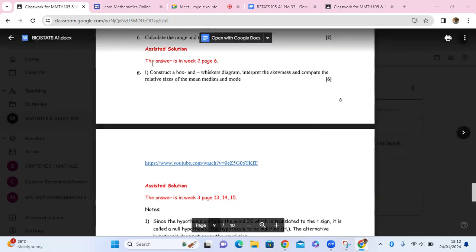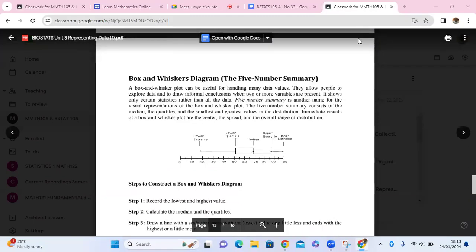And also I will show you how you can easily construct a box and whiskers using a box plot calculator. You can even look it up now, a box plot calculator online. So we don't have to do it old school, taking a pen, a pencil, a ruler to construct it manually. No, you can do this very easily using software. So here we are in unit 3,